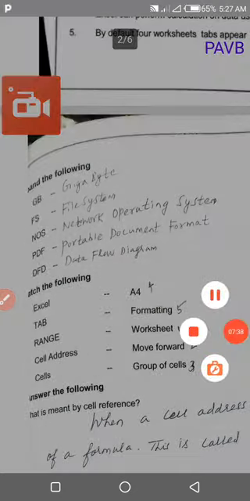Range, group of cells is called range. Cell address A4. Cell formatting. Once again, match the following: Excel worksheet tab, move forward; range, group of cells; cell address A4; cell formatting.